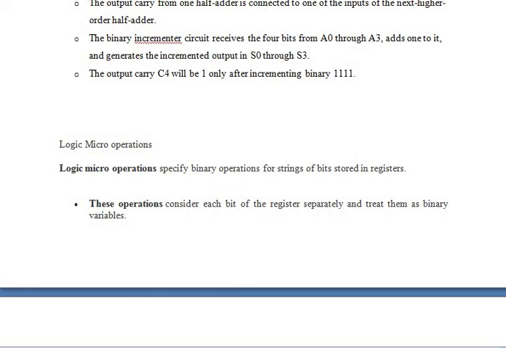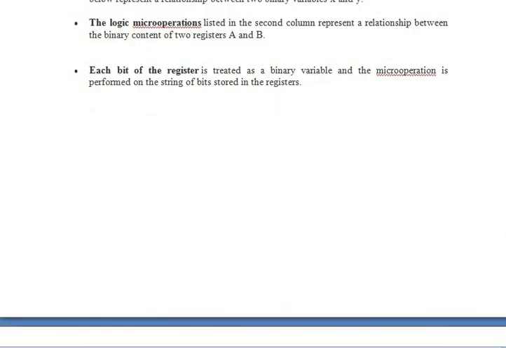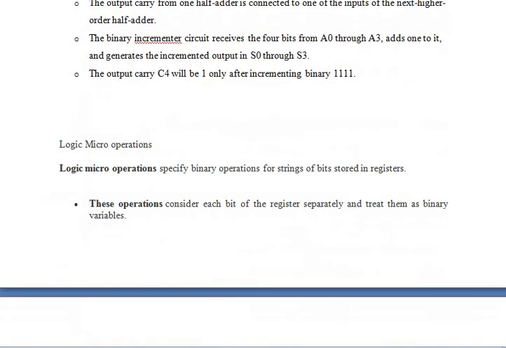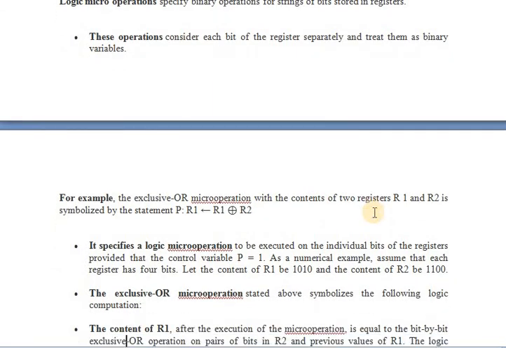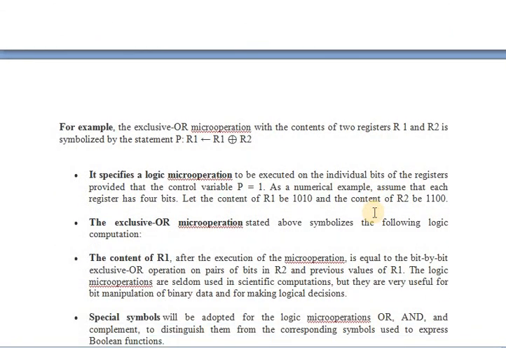We will see how. For example, we will see the exclusive OR micro operation. The exclusive OR micro operation with the contents of two registers R1 and R2 is symbolized by the statement P colon R1 gets R1 XOR R2.